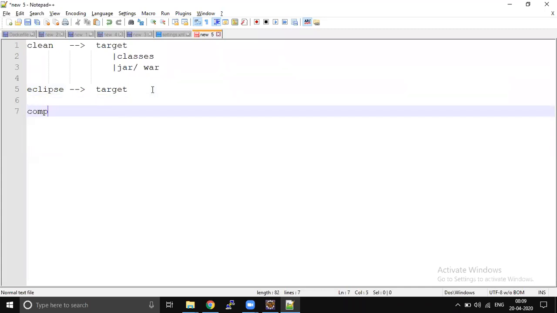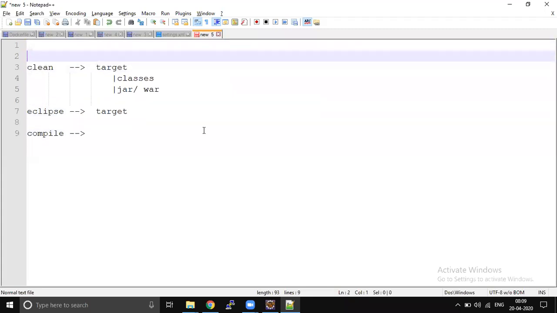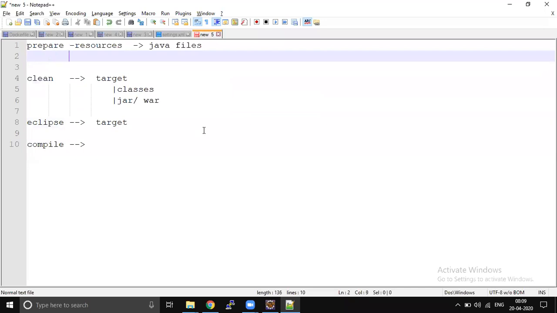Sunil, can you repeat the first one again? The resource preparedness. I did not understand the gist of it. Yeah, so prepare resources is nothing but it actually creates Java files, or it actually creates a few files. You can do any level of customization. If you go deep, you can create any file.